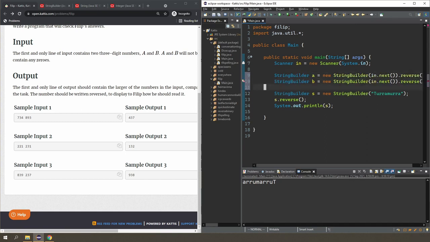Here you go. Let's just output the two of them. A and B. Run it. 734 and 893. I got 437 and 398. That's what I want. Great. So now I got to compare them. I guess if you compare them lexicographically, then you will get the right answer anyway. But